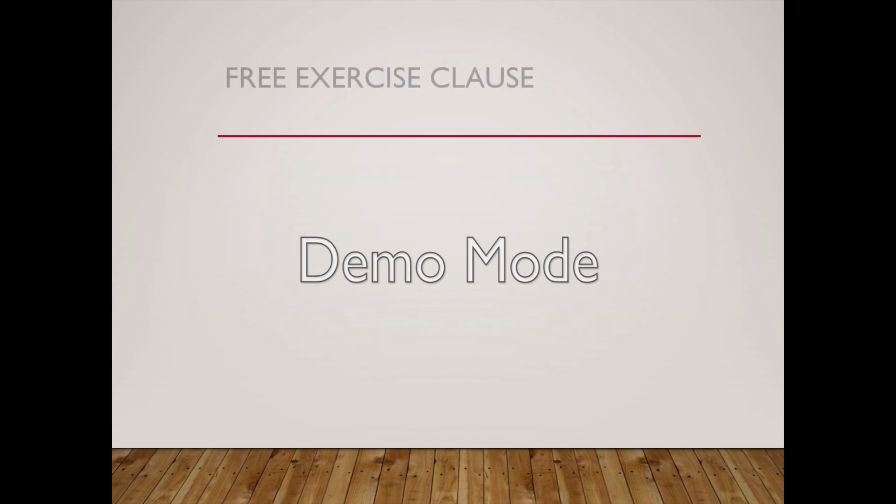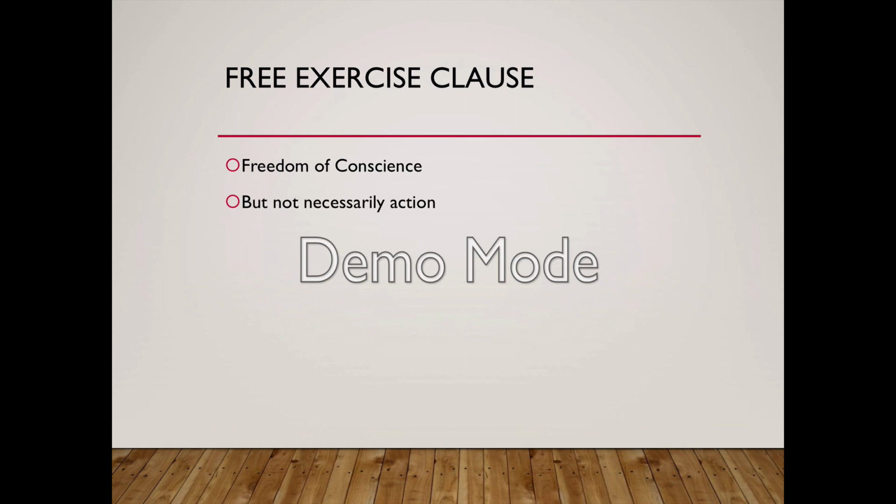The free exercise clause is a little bit more clear, only because this sort of definition of rights is a little bit easier. So the free exercise clause is based on the sort of fundamental commitment from the founders that people get to believe what they want to believe, period, right? So you'll often hear this talked about in terms of freedom of conscience. But the thing is that it's not clear that freedom of conscience actually moves into action. So basically, the Supreme Court has decided that people are free to believe whatever they want, but they're not necessarily free to act on that belief.